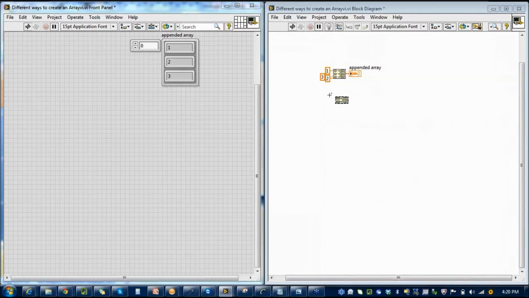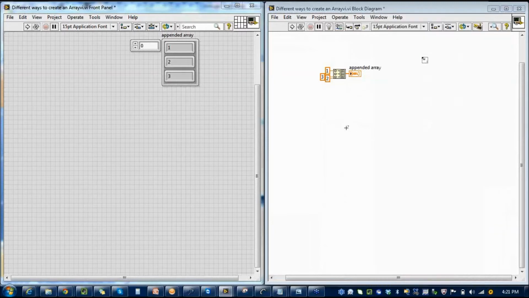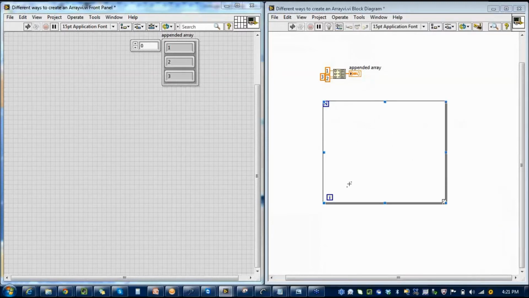Okay. Now another very interesting way of creating an array is to use a for loop. This is again a programmatic way of creating an array, and I'm sure most of you are familiar with the for loop. A for loop is a structure in LabVIEW that iterates the number of times you specify by the value N here. So let me create a constant and call it 10. So this will iterate 10 times, and this value of i will progress from 0 to 9, basically indicating the number of iterations.